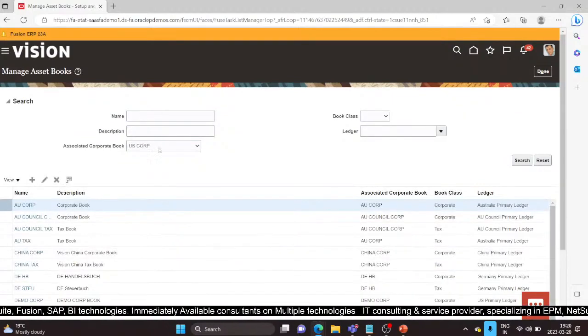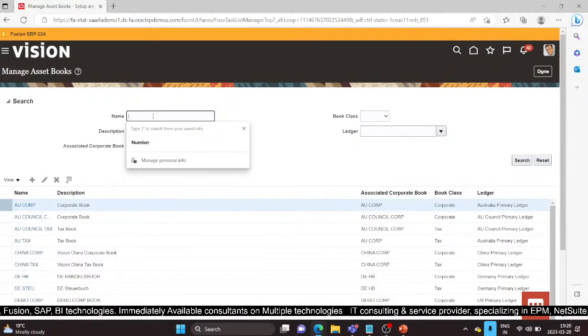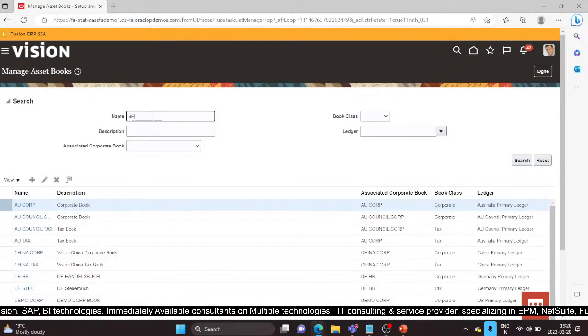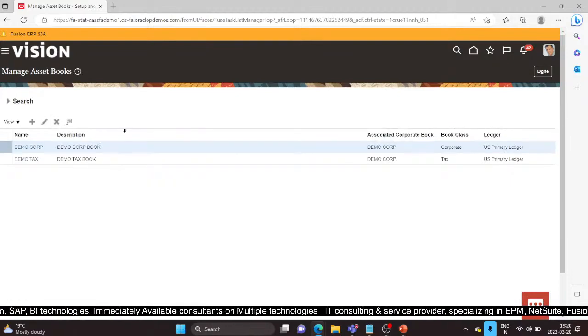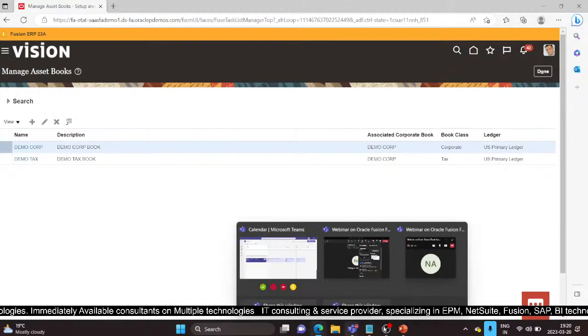So this is how we have created our books. Let me check both the books. So Demo Corp and Demo Tax. Demo Corp is your corporate book and your Demo Tax book is your tax book. This is how the asset books are created. Moving further,